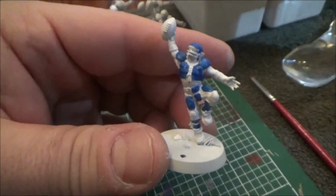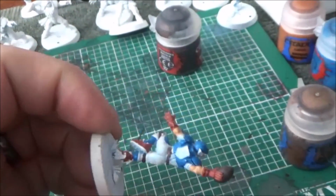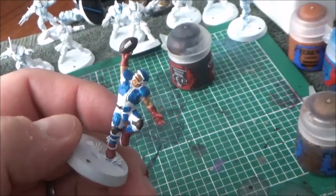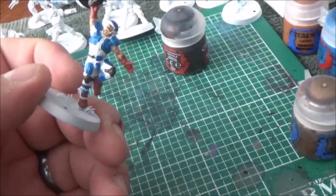So let's get down and get to it. Okay, the next thing that we did is we painted the ball and we painted the gloves, and underneath the shoes we're leaving white right now because we're going to add in spikes, and we're going to add in the face mask. We're going to add all our metallics in,